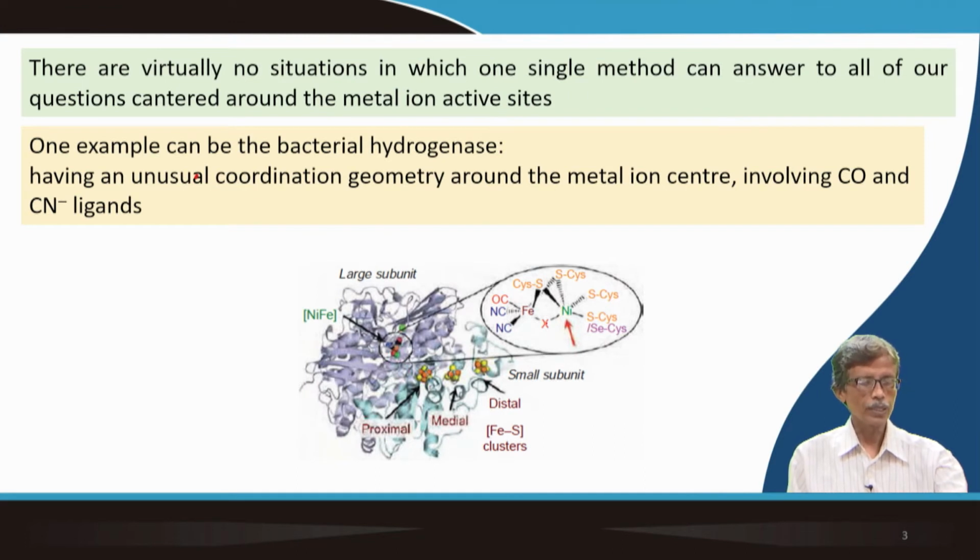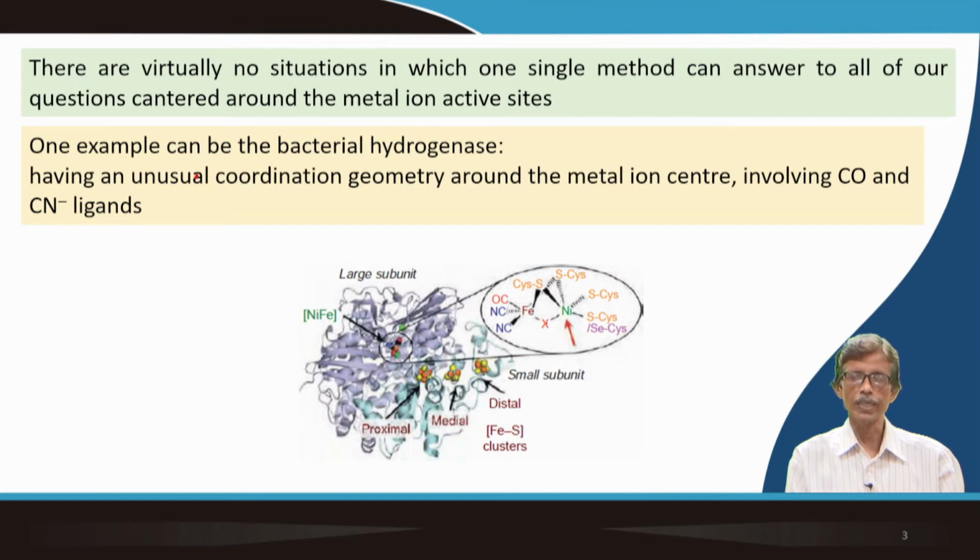So, if we find that this H minus is bridging again, that means stabilizing this FeNi system, that means you require basically this bimetallic site for this hydrogenase activity, and the binding of this H. You may not get it when you determine the X-ray structure, because at the end we will come to the X-ray diffraction technique and the X-ray structure determination technique, where we will find that in the native state, because this is a catalytic intermediate,